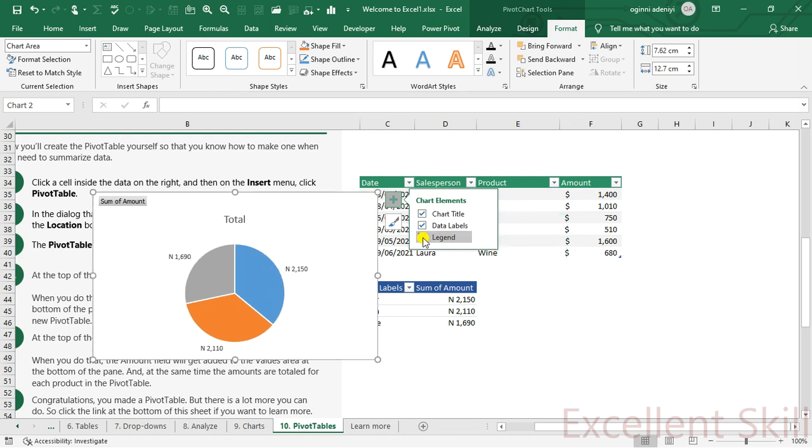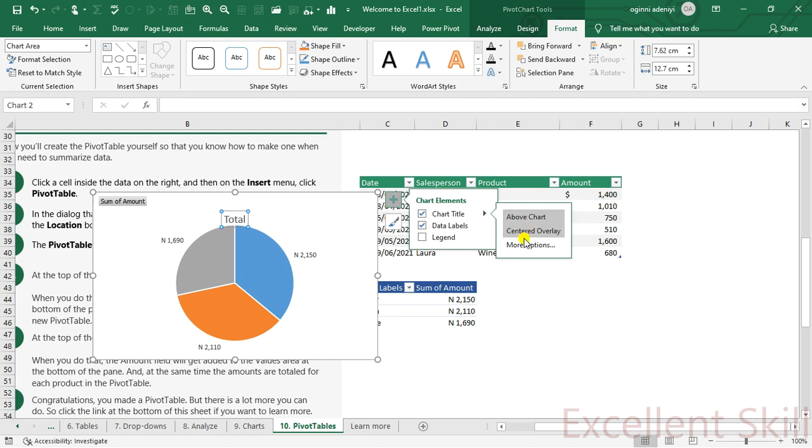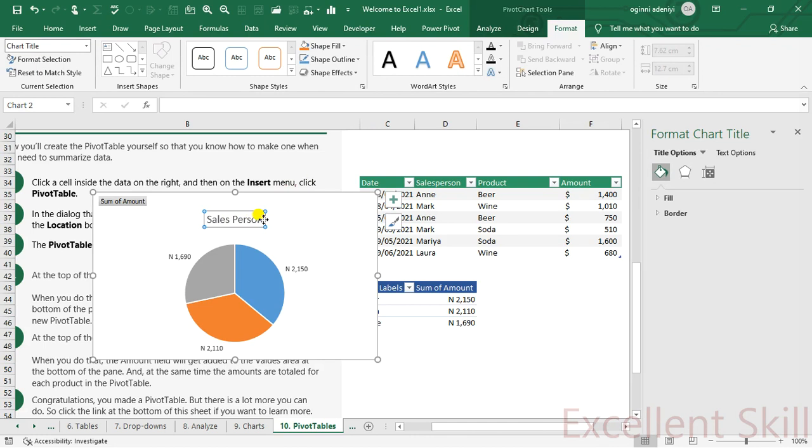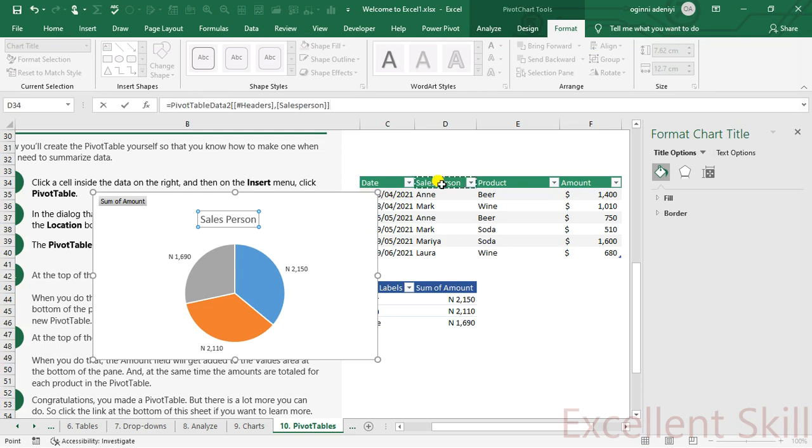You can move your legend for more space. You can change your title, above, beside, or more options. You can even give it here, salesperson. And even if you don't want to type, you can just come here, type equal to, pick this, then enter.